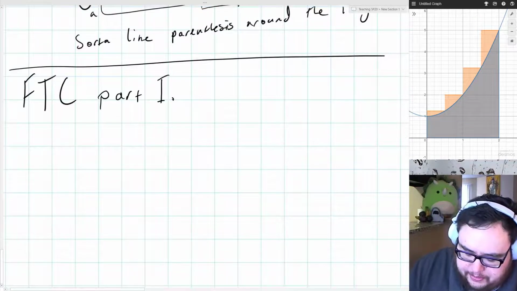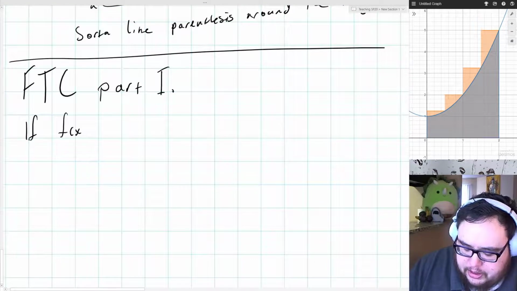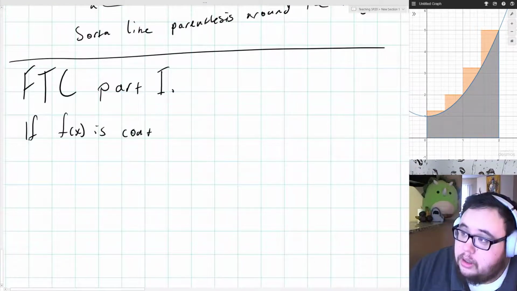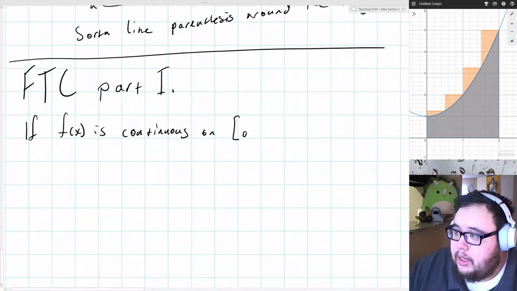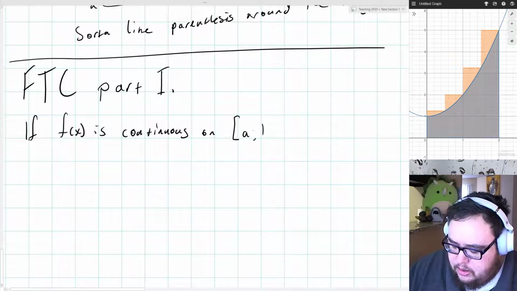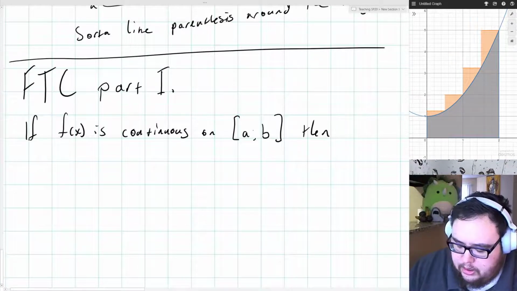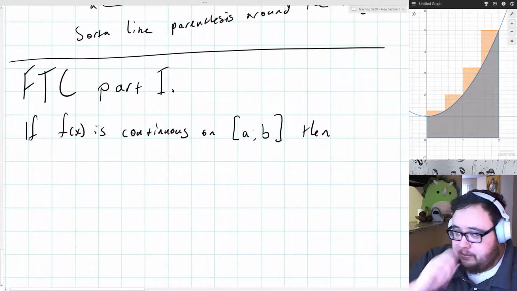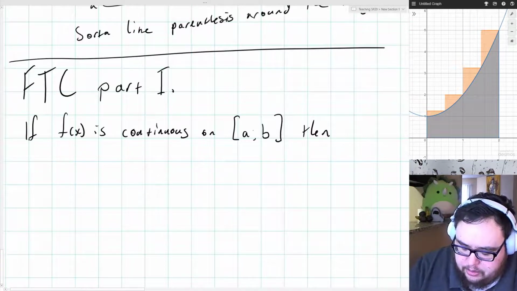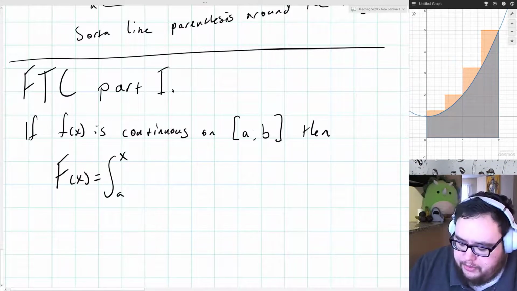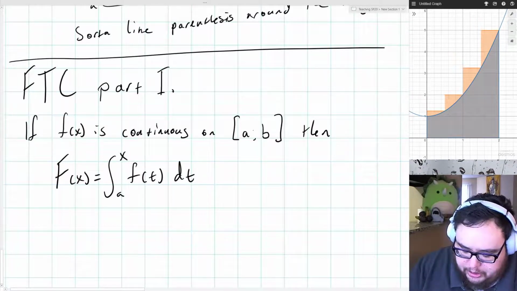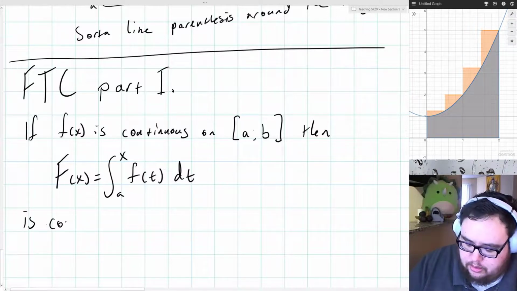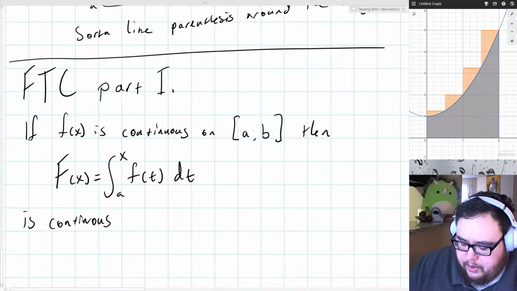Which says that if f of x is continuous on a to b, then big F of x, which equals the integral from a to x of f of t dt, is also continuous and differentiable